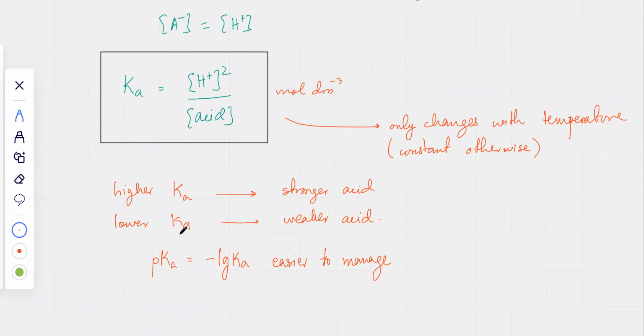the scale inverts, which means that a higher Ka value means that the